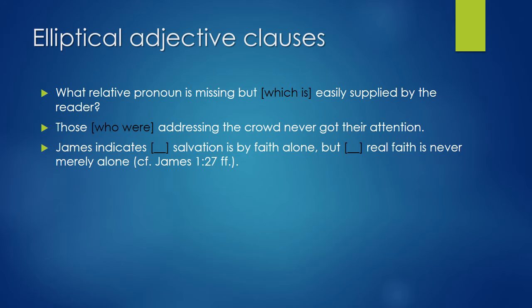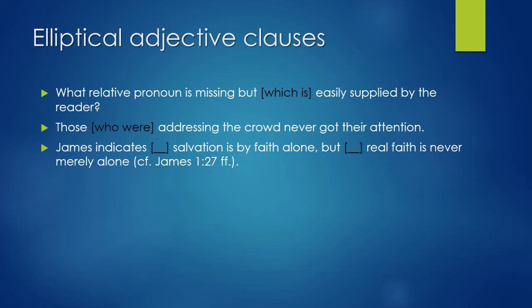Let's look at examples of elliptical adjective clauses. What relative pronoun is missing, which is easily supplied by the reader? Yes, and I've placed in black what is elliptical but implied. Those who were addressing the crowd never got their attention, or those addressing the crowd never got their attention. Or again,